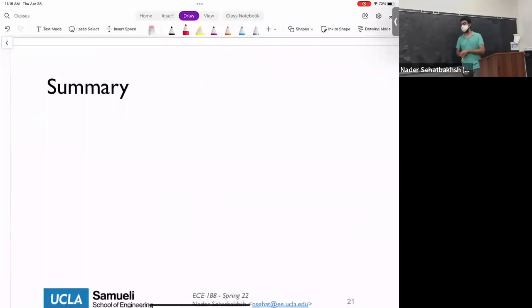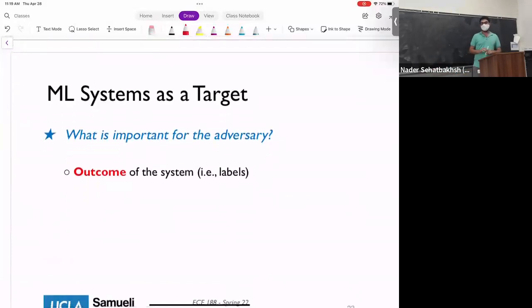Okay, so now you're an expert in machine learning. So now let's actually talk about the security problem. So now that we know that this machine learning system can be used for various systems, the question is, if you think about machine learning as a system, what is the goal of an adversary? And it turns out that there are 2 things that the adversary can do. One is the adversary can change the outcome of the system. Remember, we're talking about the classification problem in a supervised learning system. So basically what we want to do is force the system to make a wrong decision, right? To make a wrong classification.